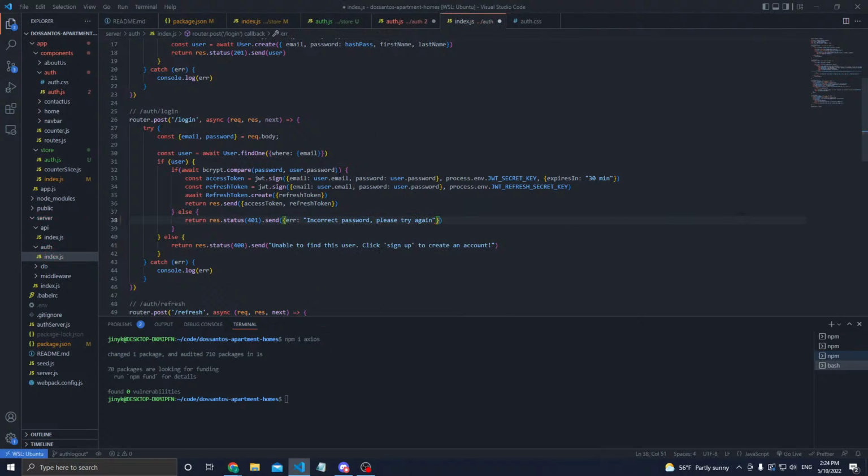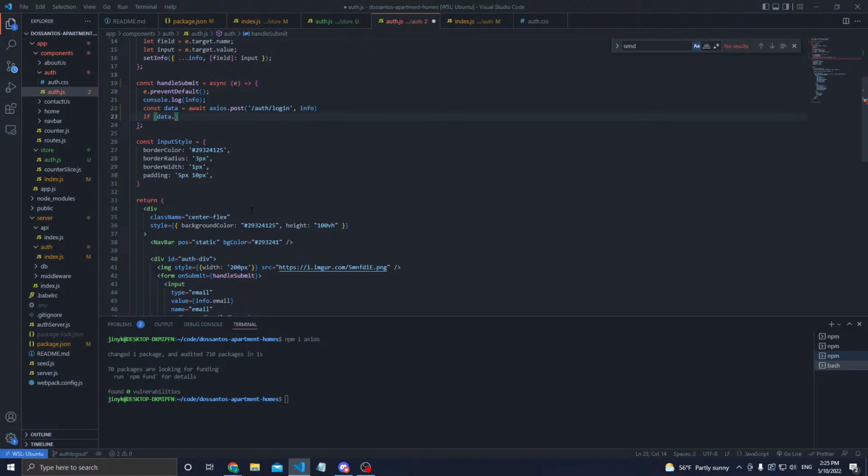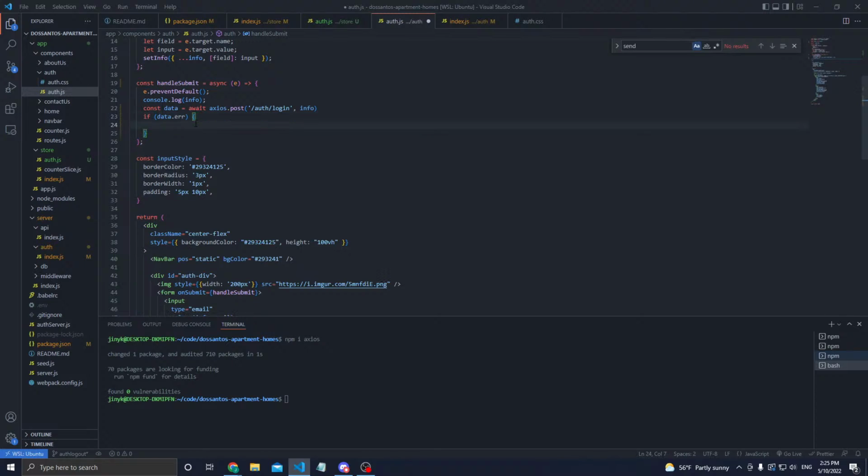What we actually want to do is send in an object, and I want to send in an object with like error. Because now if I send in an error whenever I'm wrong, I can send in an object with a key of error. So that way I can go into here and say if data.error exists, then